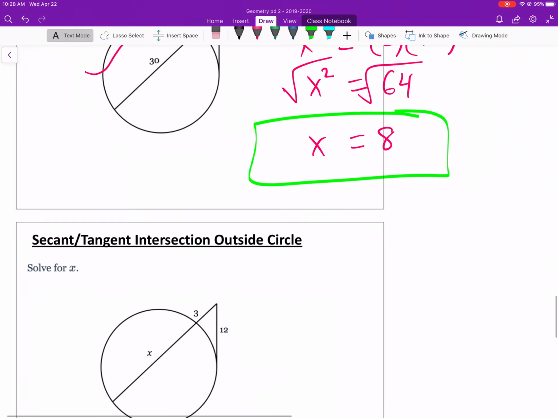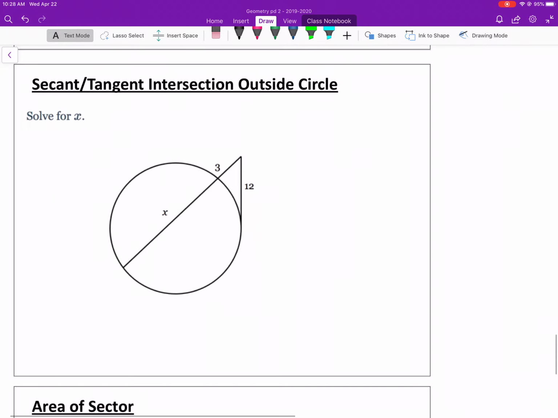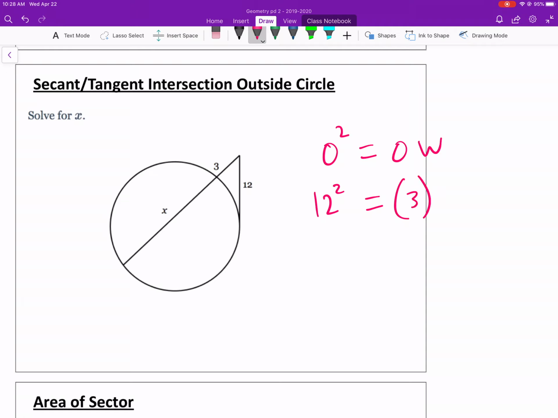Alright, on to your next section of Delta Math. Remember, this is so you can get 100. This is the exact questions you'll see, just with different numbers. Another secant tangent, so same rule. O squared equals OW. So the outside times itself for the tangent, 12 squared, is equal to the outside, which is 3, times the whole, which is,